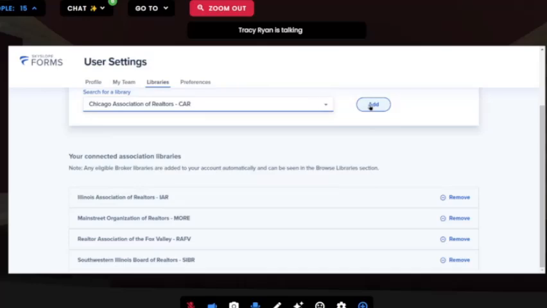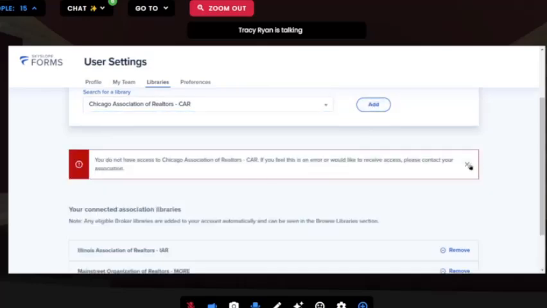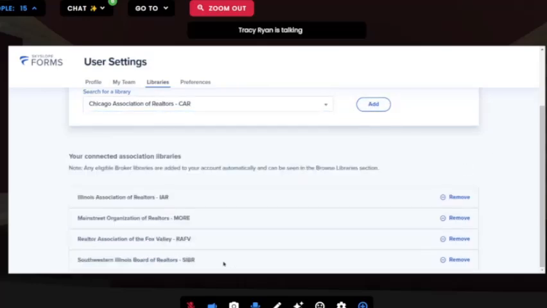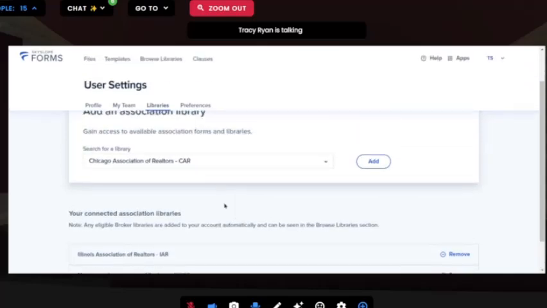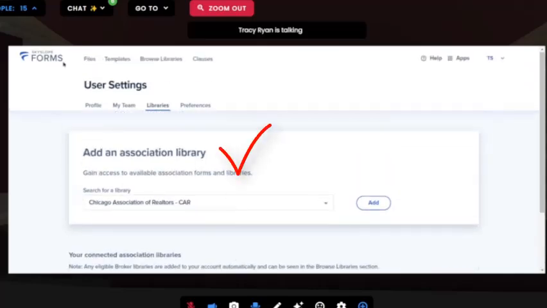So you can see how you just add a library. See, it tells me I don't have access to Chicago. I'm going to go down, I'm going to remove Cyber because it actually doesn't help if you have too many libraries. When you're doing a search for documents, it's just too many and you might grab the wrong one. So that's how you add a library so that you have access to those forms from within Skyslope Forms